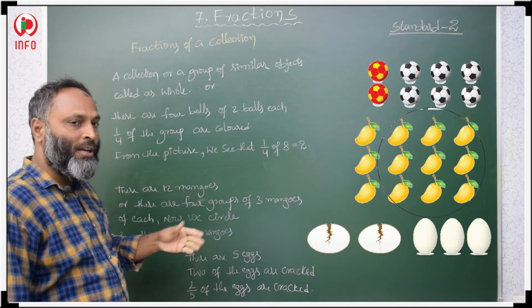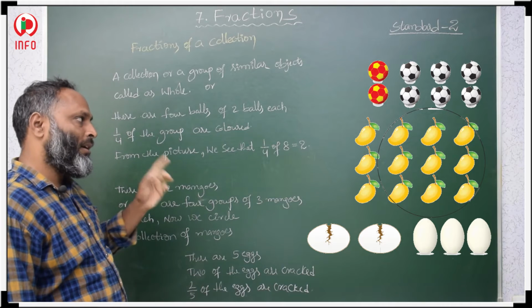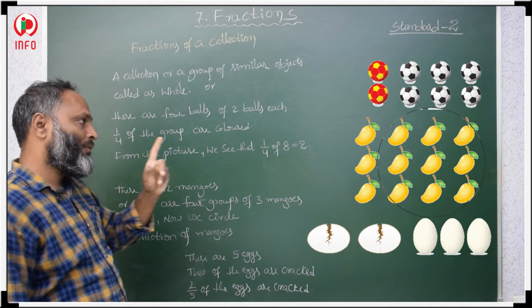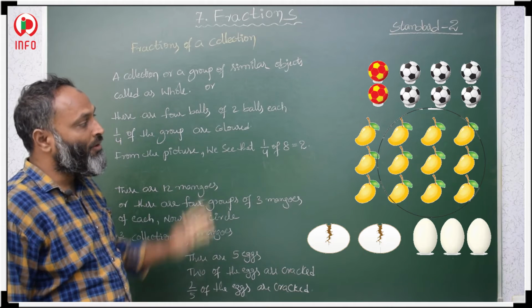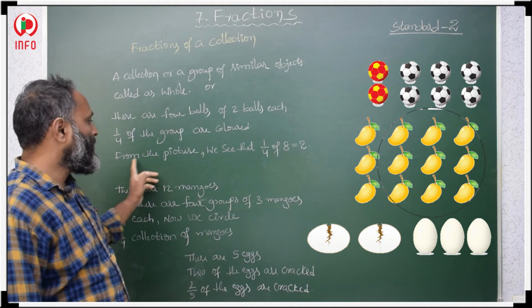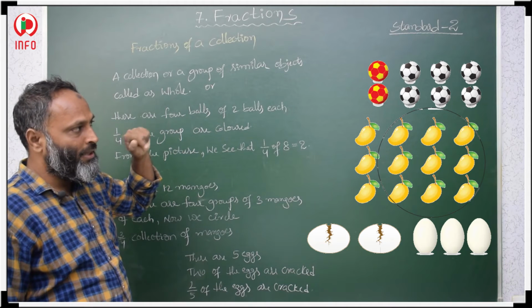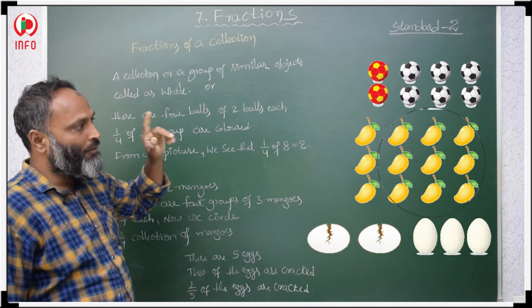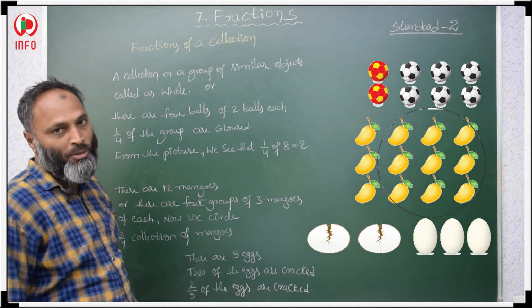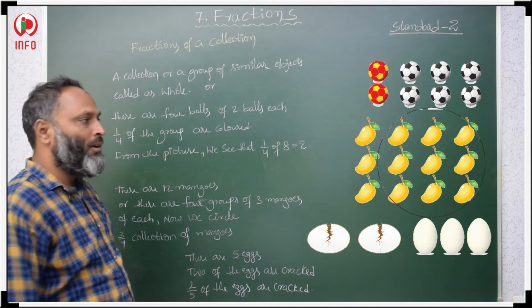So, then after that, how to say in fraction? Similar object, how to say in fraction? Here, the red color ball. We have 2 red color balls. So, 1/4 of the balls are red in color. From the picture we see that 1/4 of 8, total 8 balls are there, in that 1/4 are colored. From the picture we can easily say that 1/4 of 8 is 2. It means 2 balls are colored. Okay.